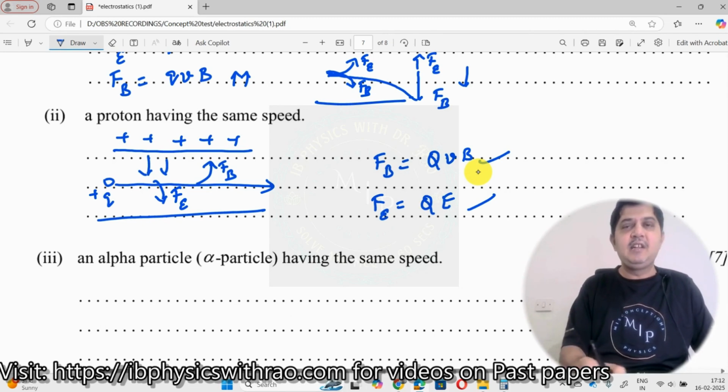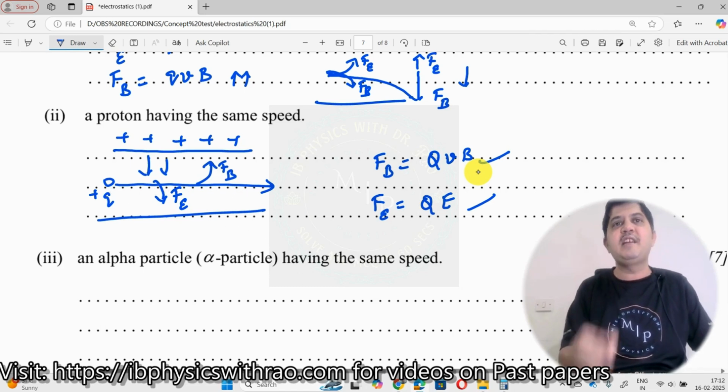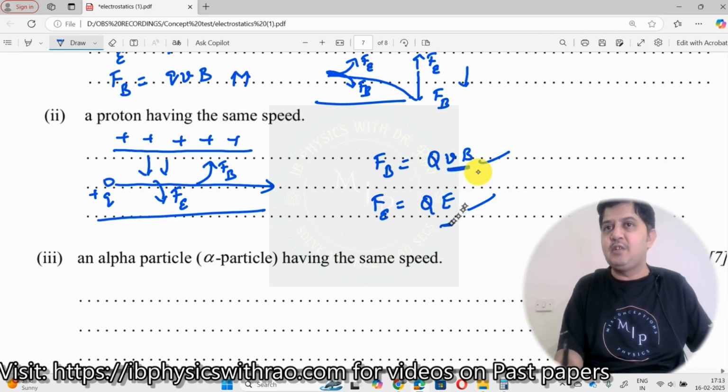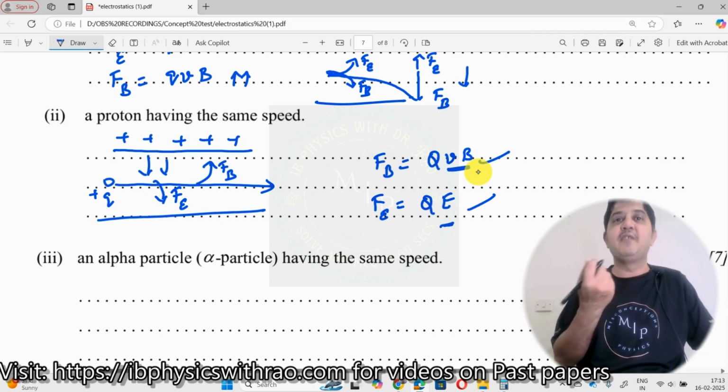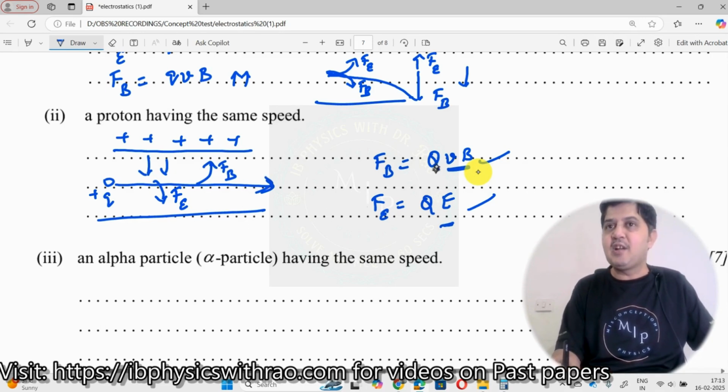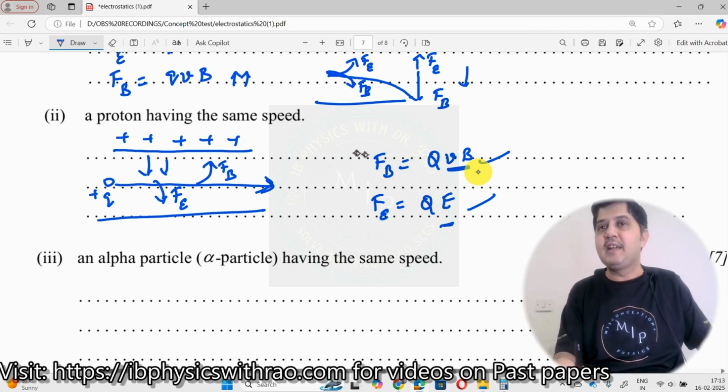So since they are equal, you would still expect this to go straight only. They will not change the direction. They will still go in the same direction because this V and B will give you some value, E is some value. These are not going to change over here. It's only the Q that changes over here. If the magnetic force is scaled up by a larger value of Q, electric force is also scaled up by a larger value of Q. So as a result of it, it will never change, right? Sorry, not larger value, that is the sign. Sign is changing. Q is changing here, so it will not change. So therefore, it will go the same way because the charge on a proton and the charge on an electron are the same. So therefore, it will not change.